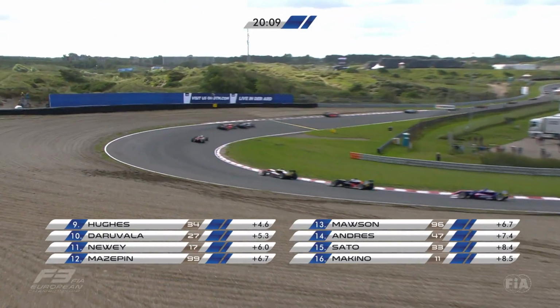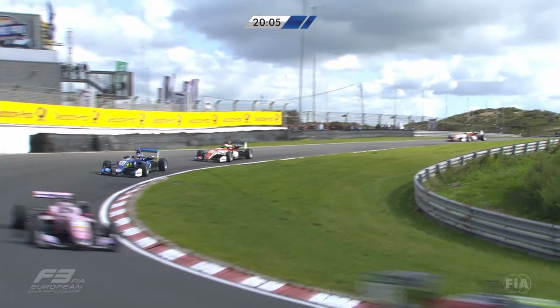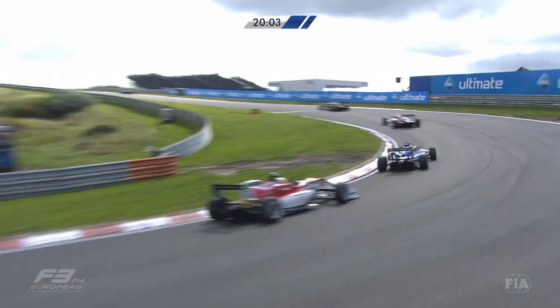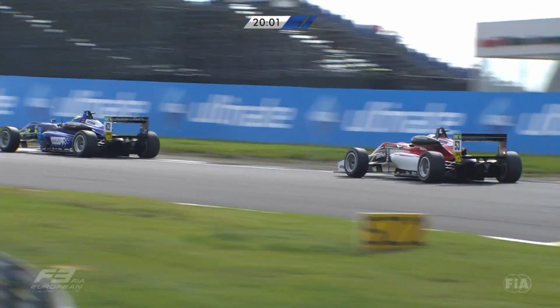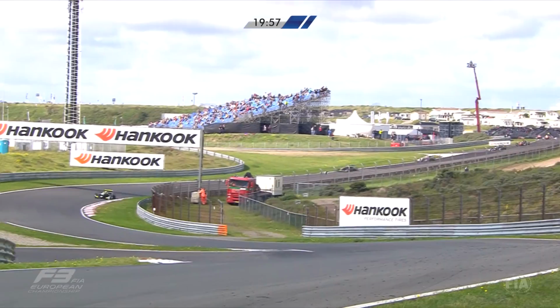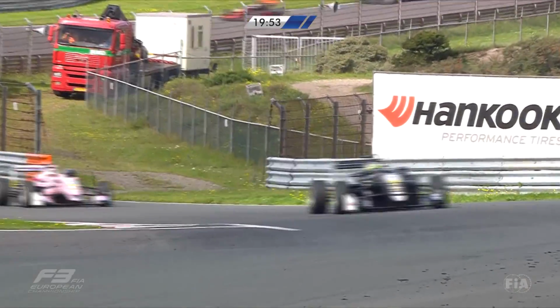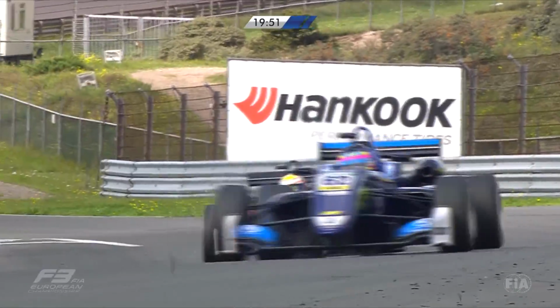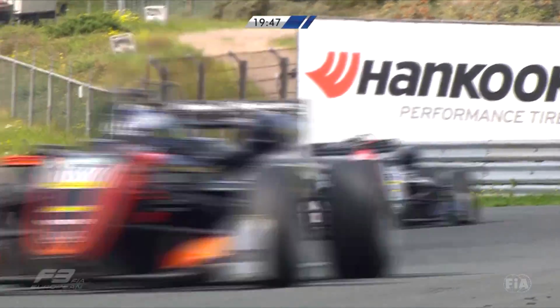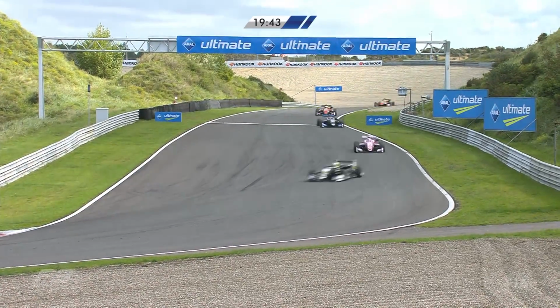That's the move towards the rear of the grid. I do believe that was Mawson, and might have been on Mazepin. I'm not entirely sure. We'll see in a moment again. But down the inside of turn 1, making the move stick as they came through the long Tarzan right-hand bend. Mawson, of course, under investigation for potentially an inaccurate grid position right at the start of the race, which seems terribly confusing given he was right at the back of the pack. What that would possibly mean is he's probably gone too far over